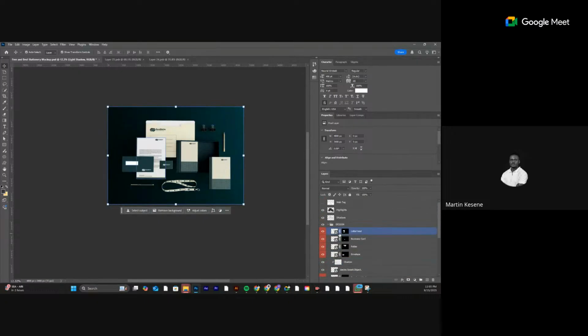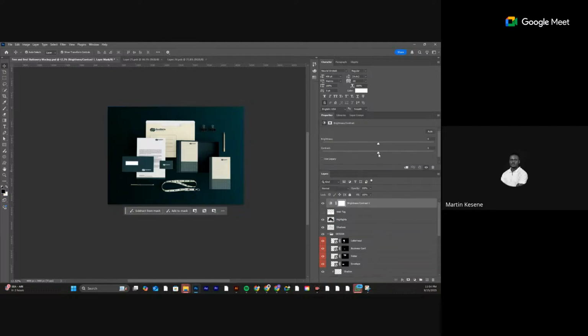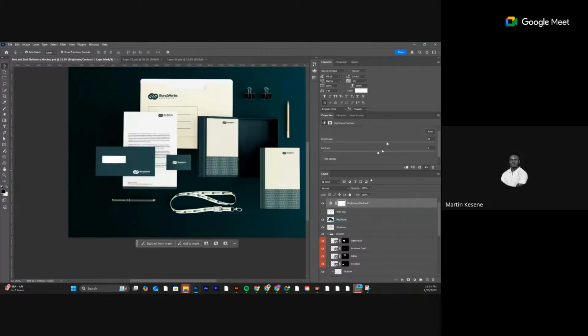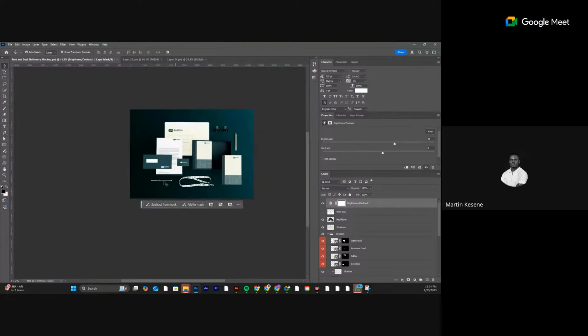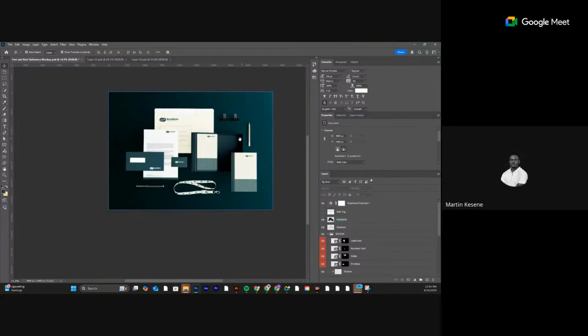Now, the adjustment I will do, I'll come to the top, right, and create brightness and contrast. Upon creating brightness and contrast, I can increase the brightness like so. It will be getting brighter. All right, I can do something with the contrast also, so that it's not too dark. Now, the next thing to do after all this is to come to File,